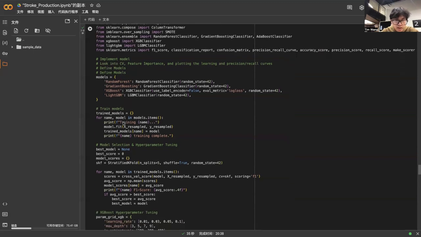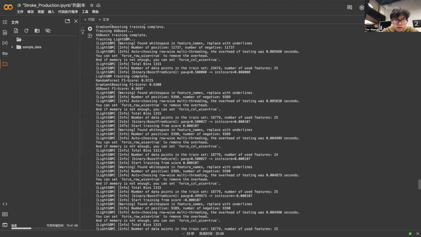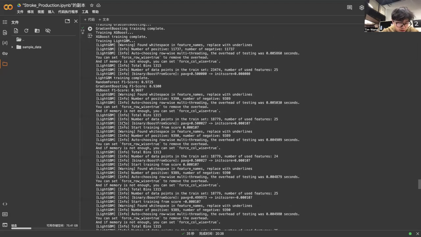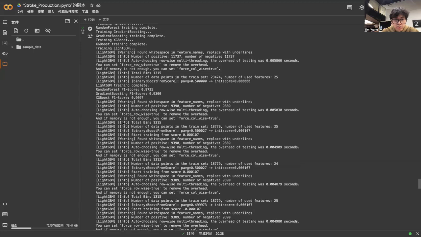The best model, according to our results, is XGBoost. XGBoost outperformed other models due to its ability to handle complex features, interactions, and imbalanced data effectively. I got an XGBoost score of